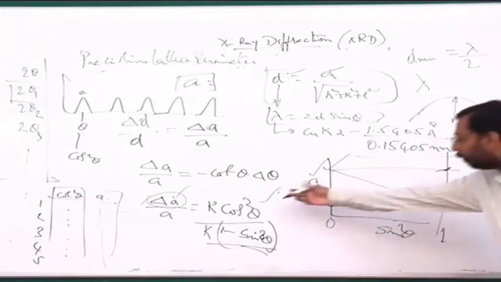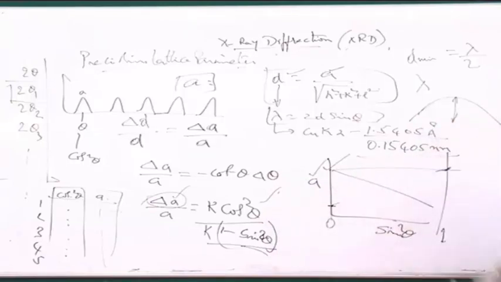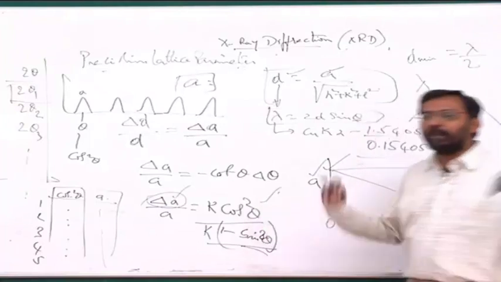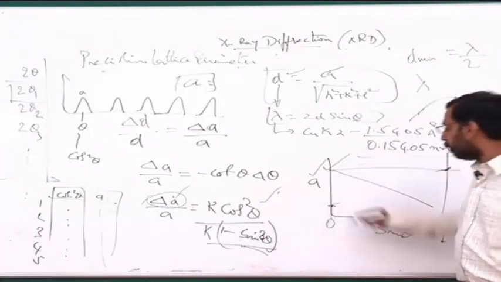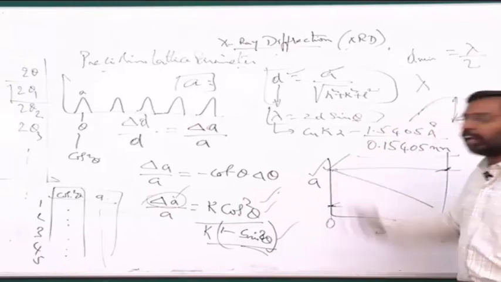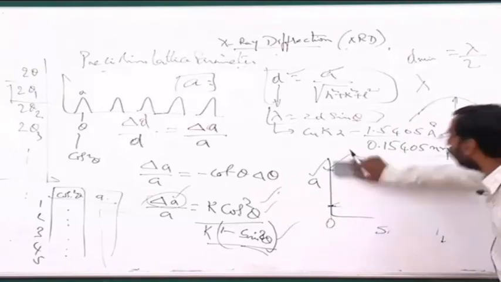Okay, so if you are plotting with this or with this, there will be a reverse tendency, because the lattice parameter is the same, whether you use this or this. For a material, the lattice parameter is the same. So if I use this, I get one lattice parameter. If I use this, I get another lattice parameter. You should not get that. You should always get only one lattice parameter. So this is another technique that we use.